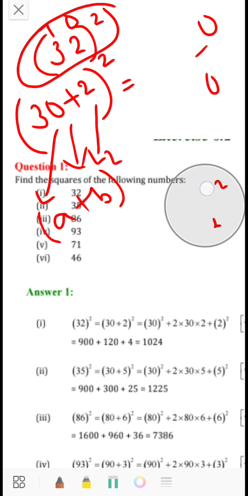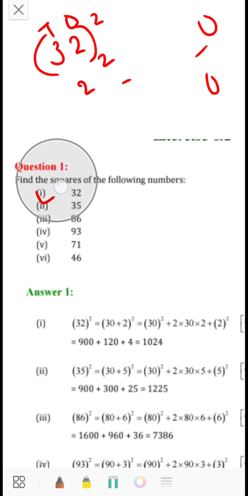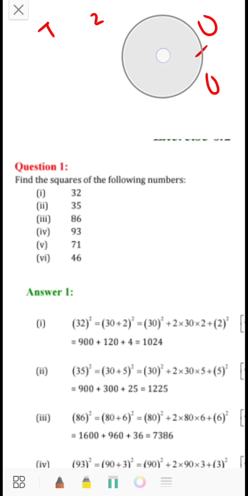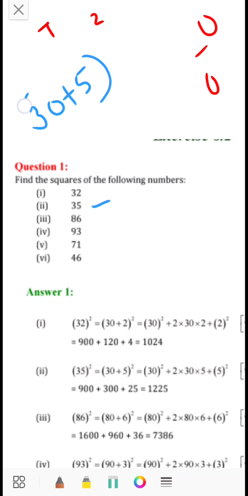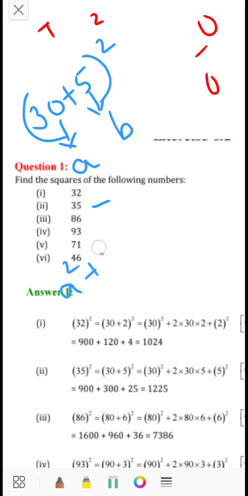That means without multiplying directly, you have to find the squares of the given number. Let's have a look at another number, that is 35. What is your first step? Let's recall all the steps. You will write it in a plus b format. So it is (30 plus 5) whole square. Then from this, get the values of a and b. This is the value of a and this is the value of b. Now put it in a square plus 2ab plus b square.